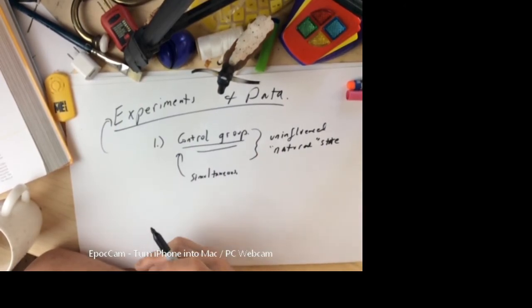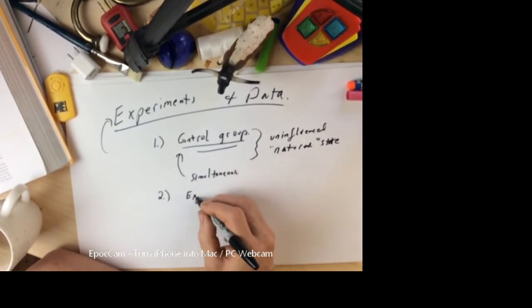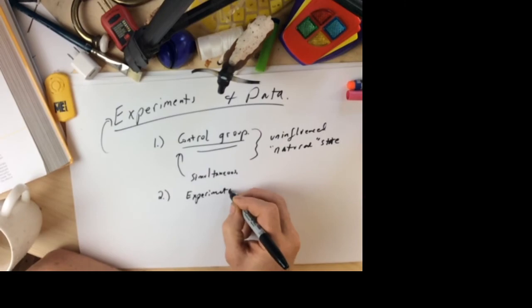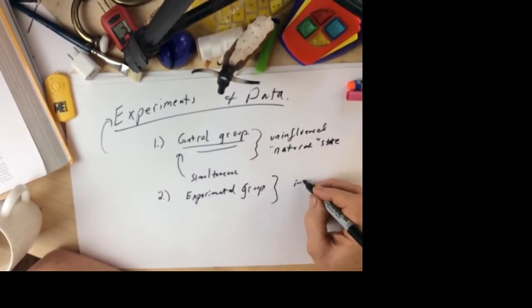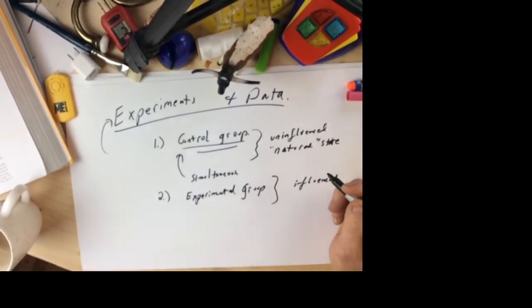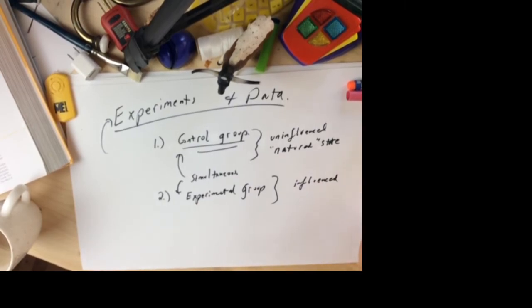So when we do control groups, we universally expect them to be run simultaneously as the experimental group. And these are the ones that are going to be influenced, and they're not in the natural state. So if we run these simultaneously, then there are conditions that are better controlled, that time can't affect things, and other